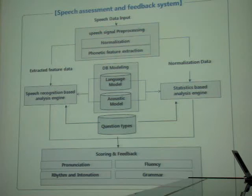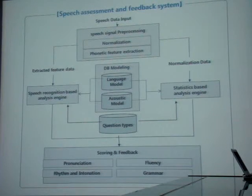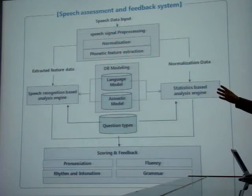This is the overall picture of our system. So when speech data is inputted in the system, there is a speech signal pre-processing feature. Here, the computer does normalization and phonetic feature extraction jobs. And then the pre-processed data goes to the speech recognition system or to the statistics-based analysis system. So we use a speech recognition system to assess the pronunciation of the English learners in Korean. And then also, in order to assess intonation and some other aspects, the speech recognition system can't do this job. So we have to develop another statistically based